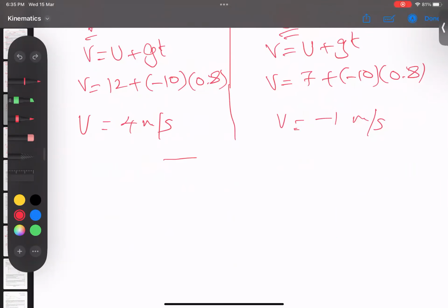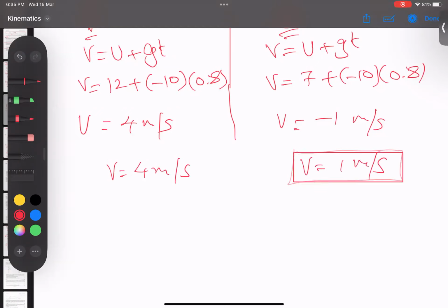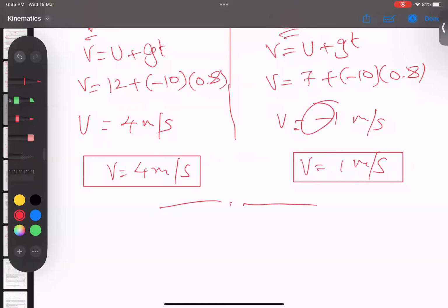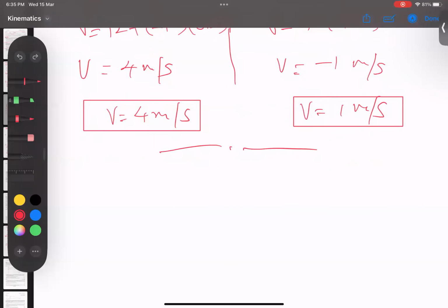Because he asked me velocities, so I will not eliminate the minus sign. Or you can say even velocities for this is 4 and this velocity is 1. You can eliminate the minus sign even, no issue at all. But the minus sign is representing that the particle is coming back. This particle is going up and this particle is coming down. This negative sign expresses that. So I hope so. The point is very, very